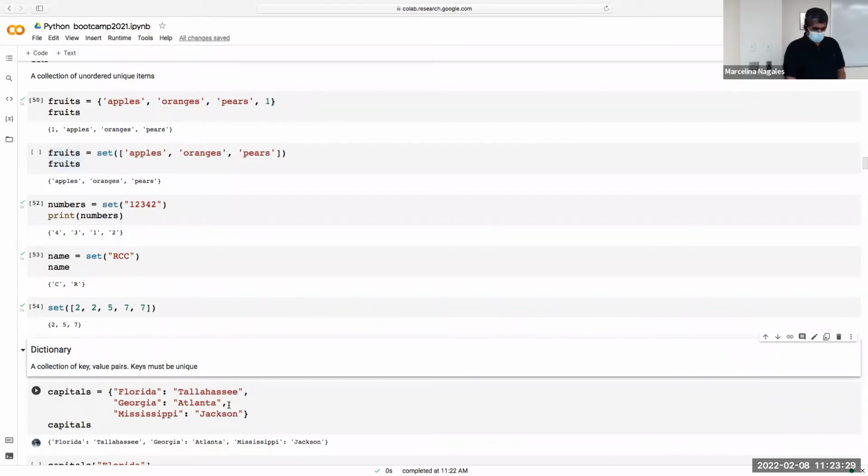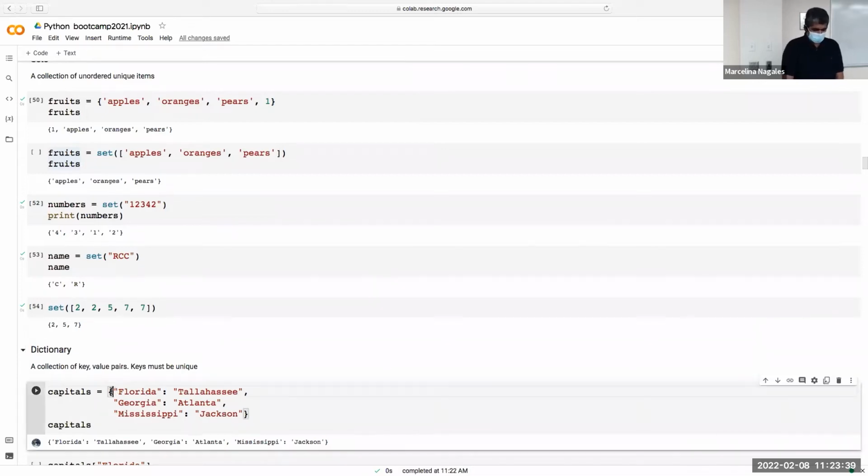So I have a simple example here, like capitals: Florida, Tallahassee. The way you define or write a dictionary is the same as sets. You use curly brackets, right? And then between the key and the value, you put a colon. I think Marcelina covered this before. So